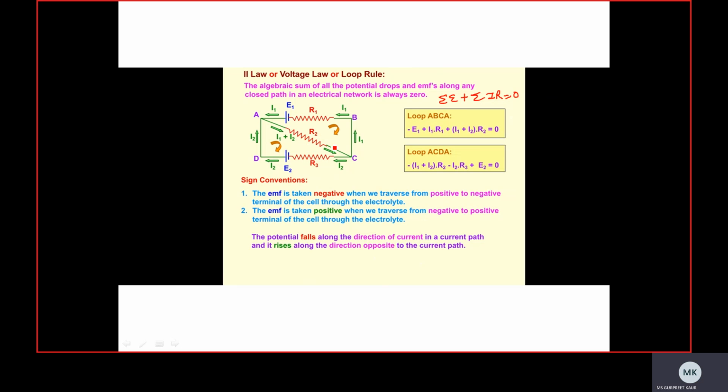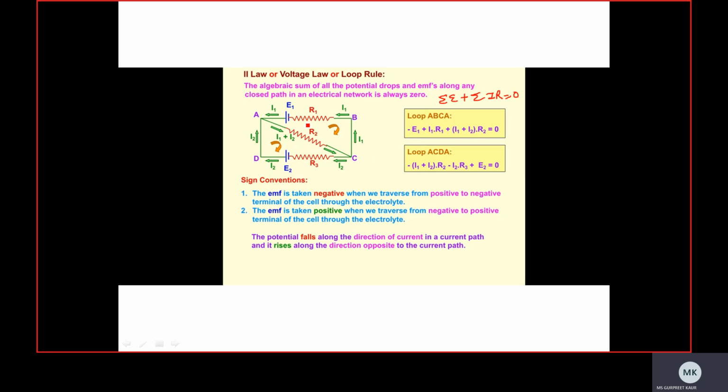Okay, I1 plus I2 current is heading towards point C. At point C, again in the loop above, that is, to the resistance R1 and the cell of EMF E1, current I1 goes here. Here again division of current takes place. That is, I1 plus I2 is divided again into I1 and I2. So I2 will be this side and I1 will be this side. Okay. Now consider the closed path A, B, C, A.